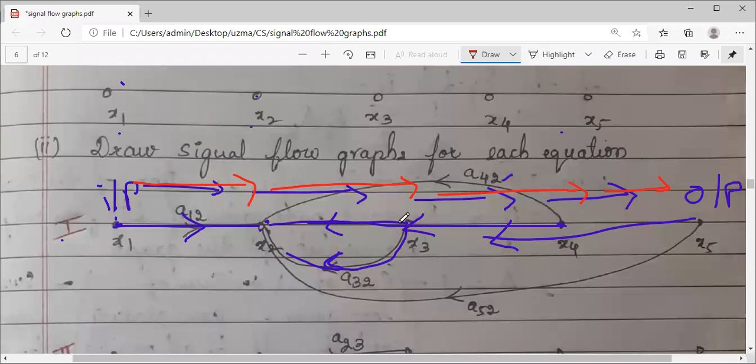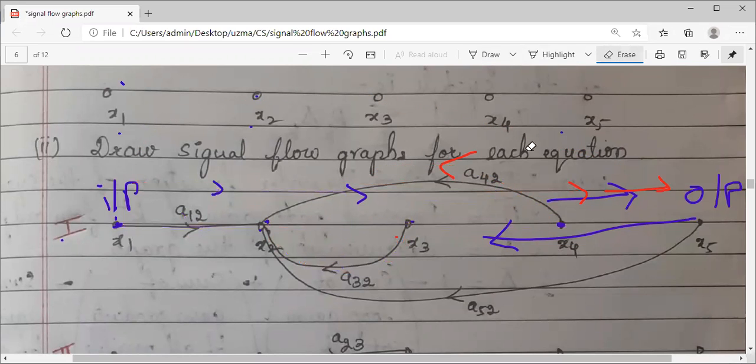But if you see, if I take a straight line instead of the curved path, this will become a reverse, right? Hence, I cannot use this. Don't use the straight lines. Instead, take the curved paths because they are in the opposite direction of the forward path. This forward path is from input to the output side. Hope it is clear. Then coming to the second signal flow graph for the second equation.